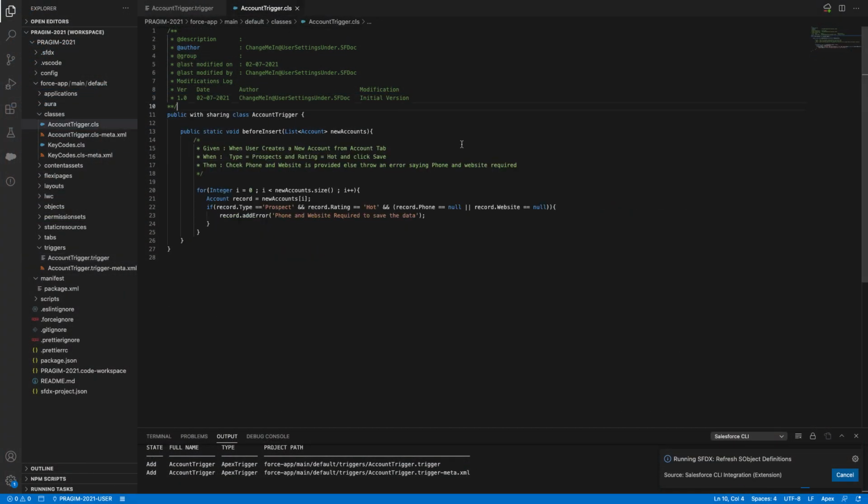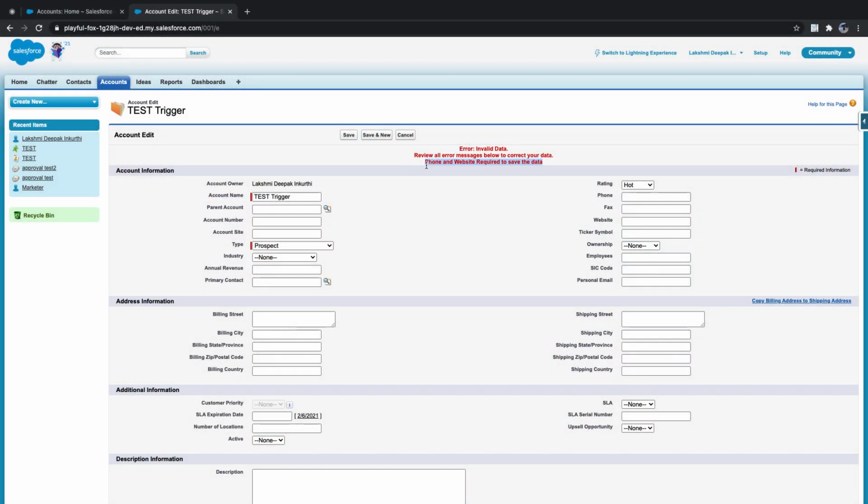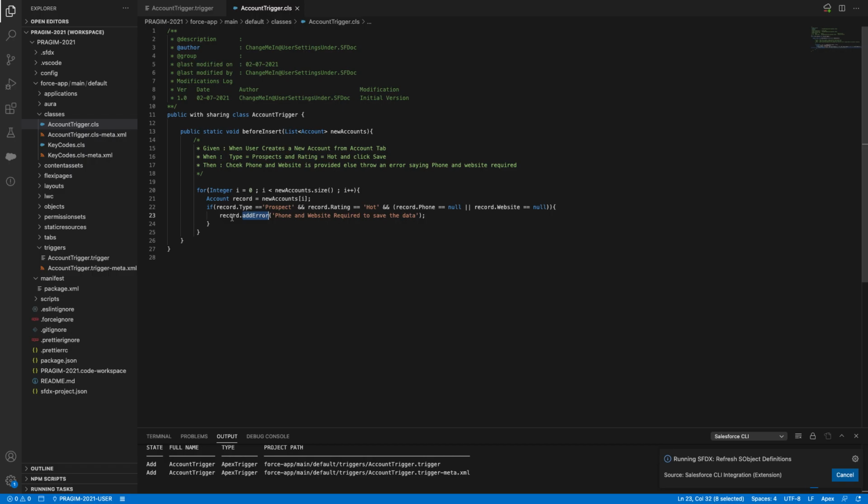So there is a simple modification we can do. Instead of keeping it here, see if I say add error, it will go and display at a page level. See, add error is displaying at a page level. I mean record level, right? If I want to display at a field level,